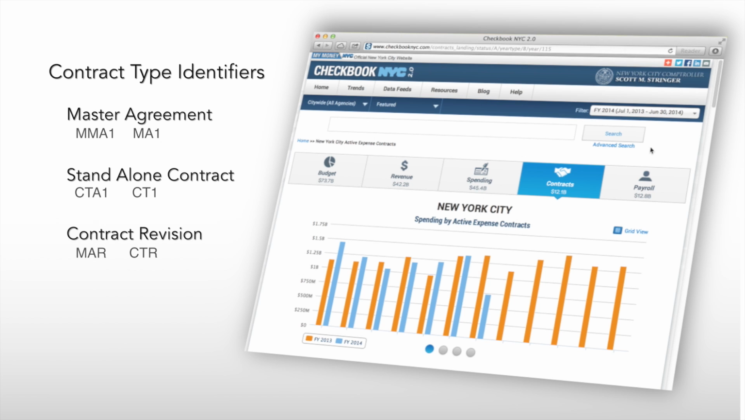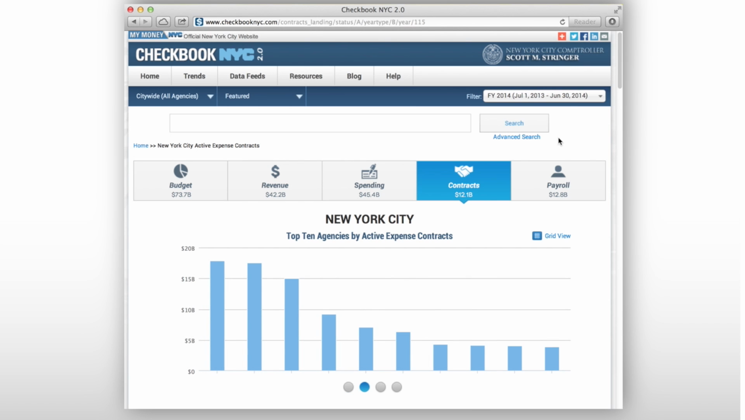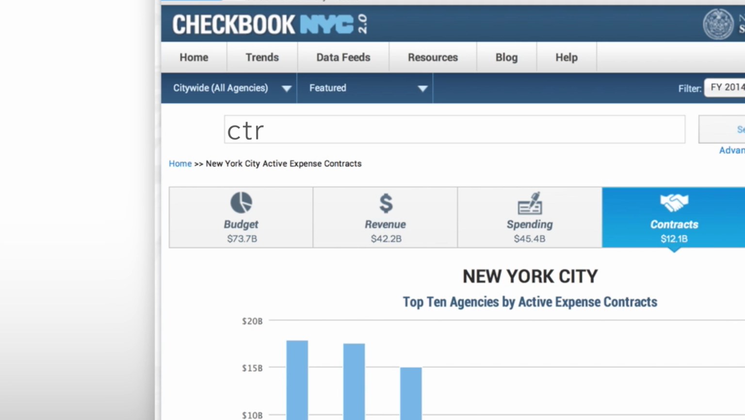This identifier is followed by the agency code, which lets us know which agency the contract is for. So let's take an example. Let's look at the first contract on our pending expense contract page and break it down. CTR 826 2007 004